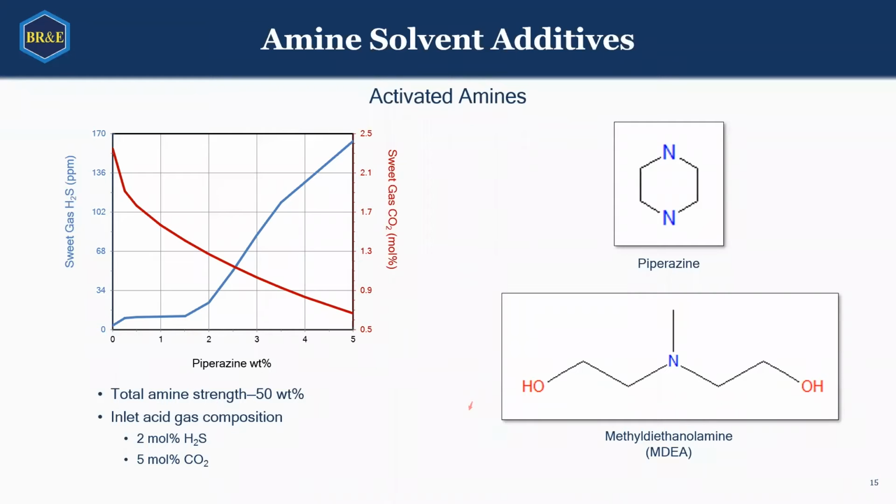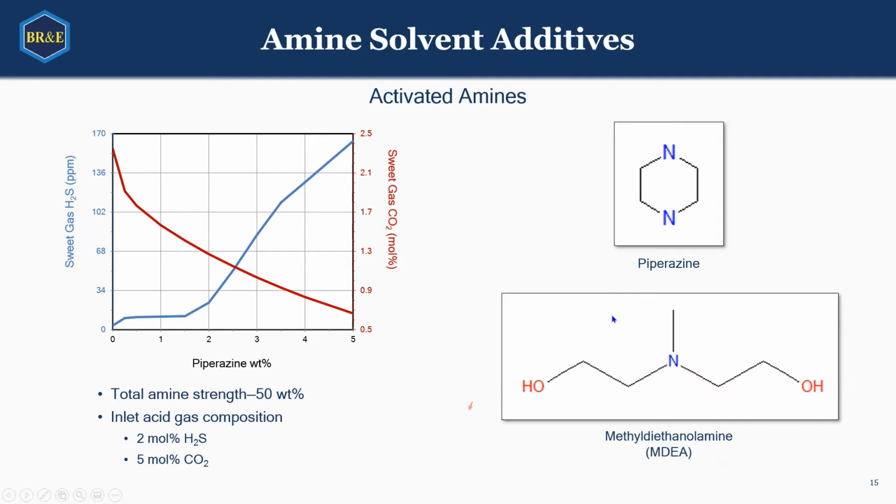This is basically like 2 amines in one, and the piperazine will very quickly react with the CO2, and then it will hand it over and help to protonate. It will create protons, which will then be used to activate the MDEA,